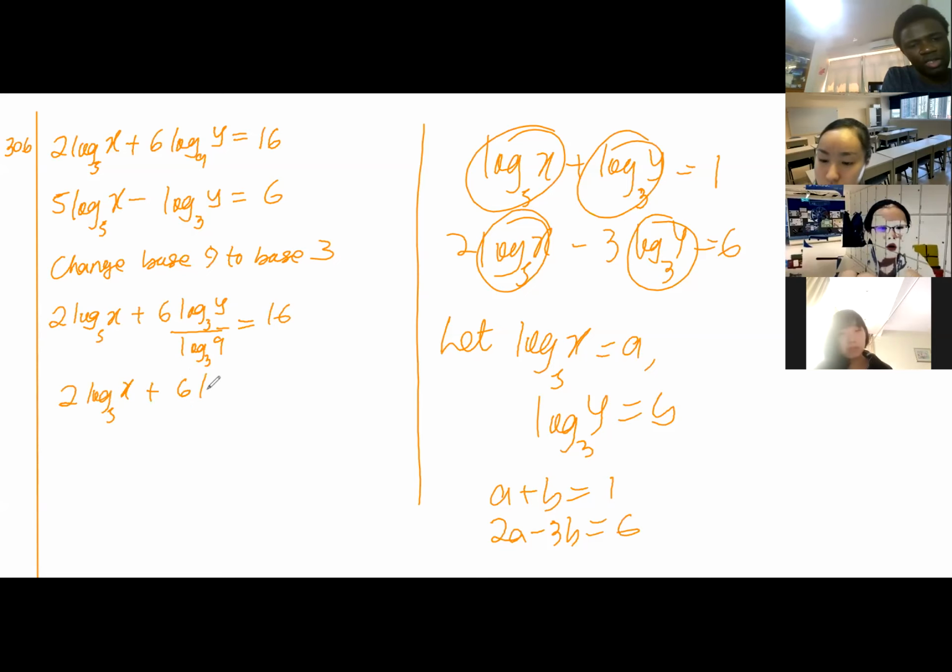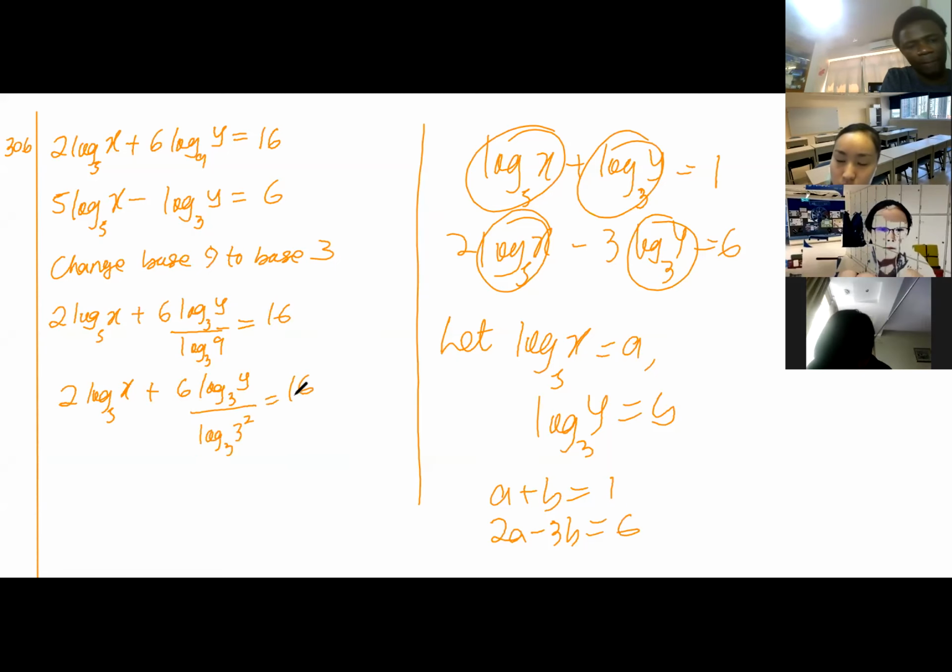So that becomes 2 log x5. This will be 6 log base 3 y. Now this is going to be 2. Agreed? So this is 3 squared. Okay. 2 log. 2 comes backward, and I can cancel that as 1. So I want to skip that step. So 6 log, maybe I just write, so 2 log 3 base 3